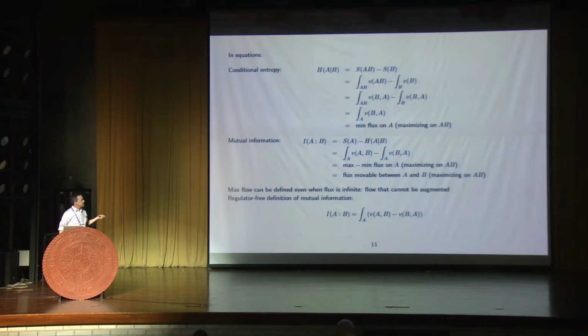And the mutual information is the difference between that maximum, which is the entropy of A, and that minimum. So the difference between what happened to the flux between the maximum and the minimum, because I haven't changed the flux on AB, it must have gone to B. So that's the same as the flux that I can move between A and B. And again, that consists both of threads that leave A union B that I can move between them, and threads connecting A to B that switch orientation.